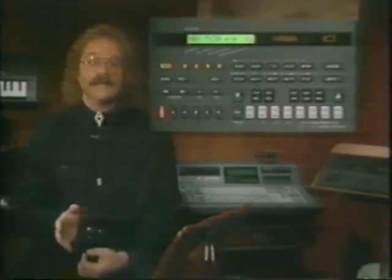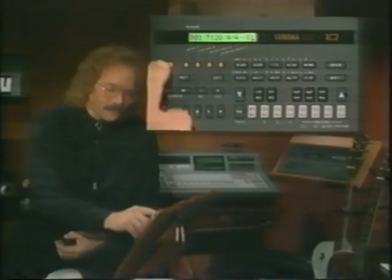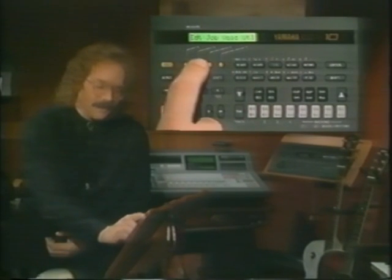Now let's do something fun and maybe a little tricky for the uninitiated. By going into the edit mode of this BK track, we can find the pattern we are using and change it to a pattern that is completely different, like number 72. So press the menu key, select Edit,